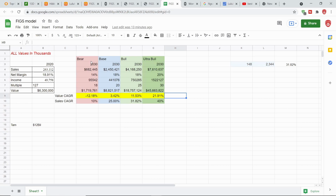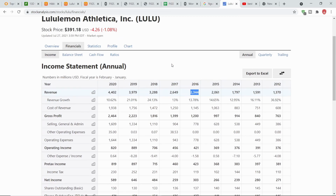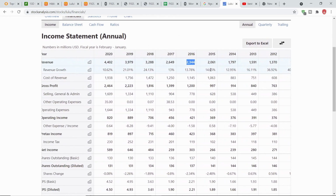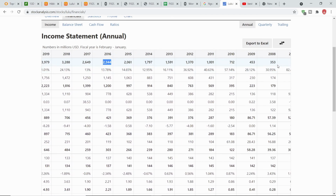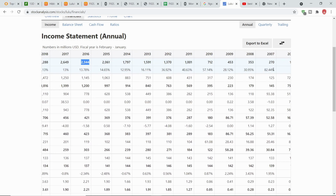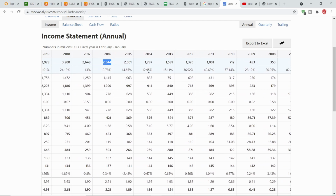So bear case, let's take a look at this scenario. In 2030, we're doing all of our final valuations in 2030 because let's just say they have about 10 years of high growth in them, and then after that it's going to slow down. We can sort of see that in Lululemon. This is Lululemon, their financials. This top line is their revenue. When they went public, they had really, really high growth. This is very similar to FIGS, because FIGS is saying they're at over 100% revenue growth, which is not going to be sustainable. And you can see after that, they went down to